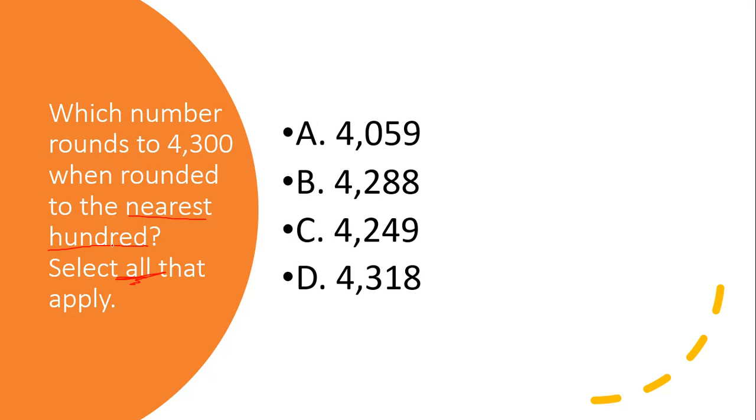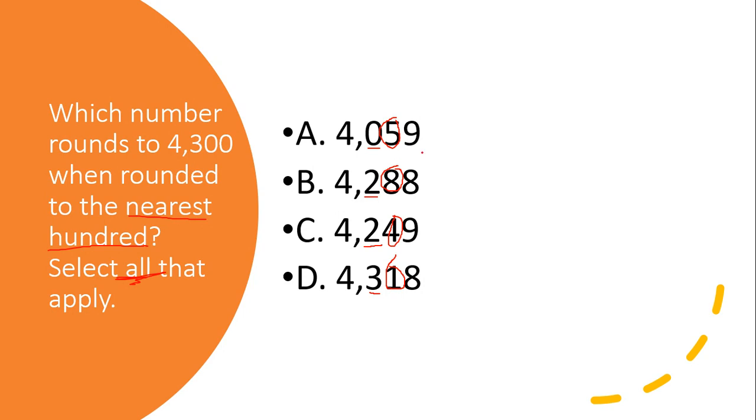So I'm going to underline all of the hundreds places. There's a 2, 2, and a 3. And I'm going to circle the place to the right. So I'm going to be circling the tens in all of these. The tens, it's just like how when we rounded on the number line, that shows us where we're going to plant our dot, or if it's closer to the next 100 or the 100 before. So let's look at this first one,